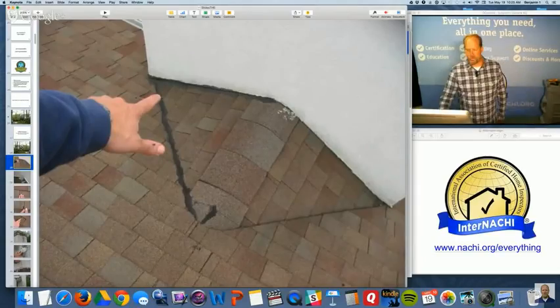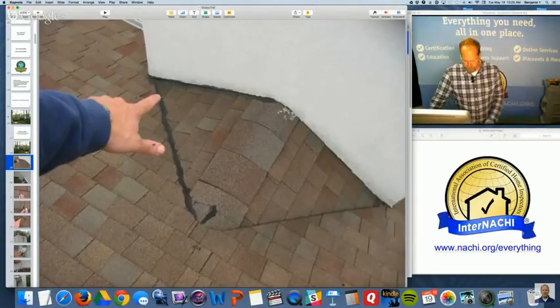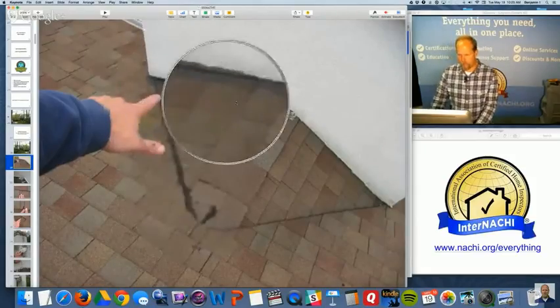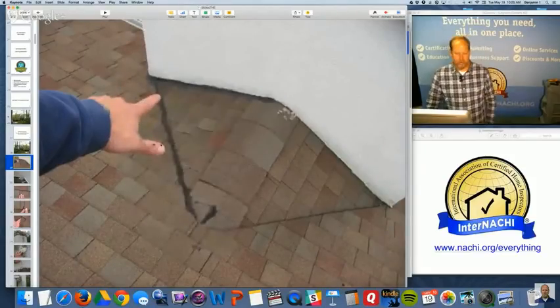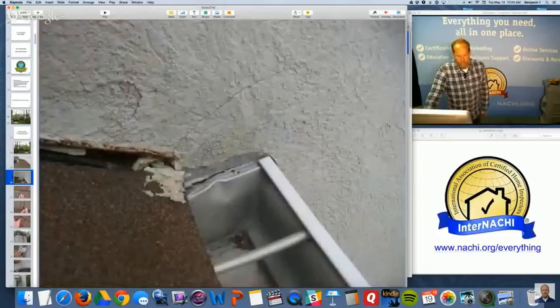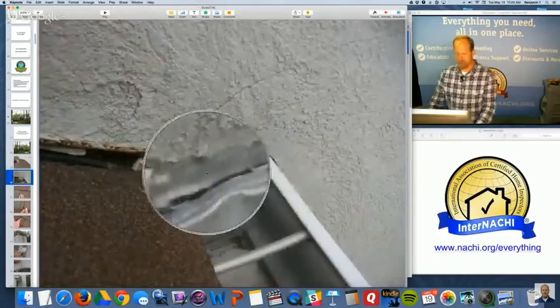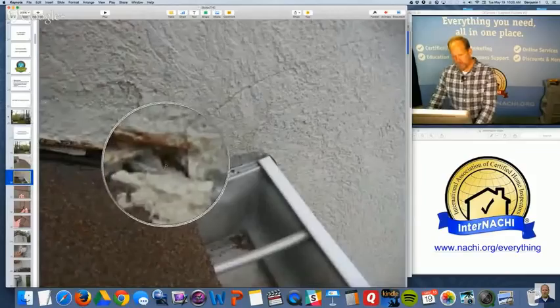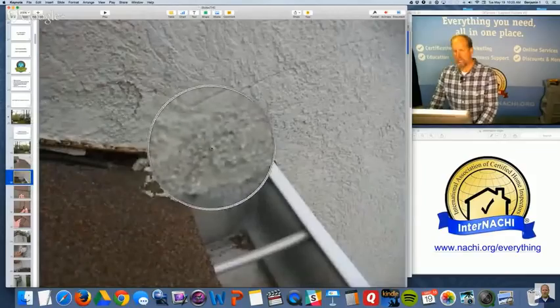Correct, cricket. And you shouldn't see any sealant on it. The flashing should be installed properly. So I'm calling that out as a potential water entry point. There is no kick-out flashing. This is the same chimney stack. Here comes the water. It goes right into that hole and goes behind the stucco, and you can't see it